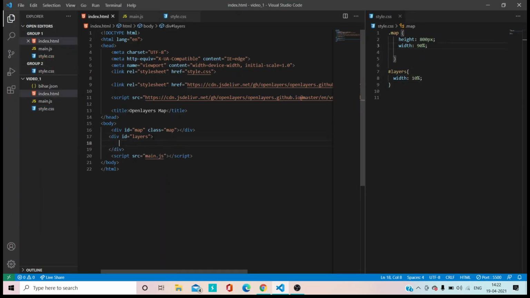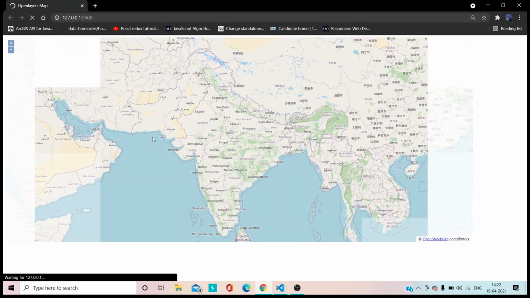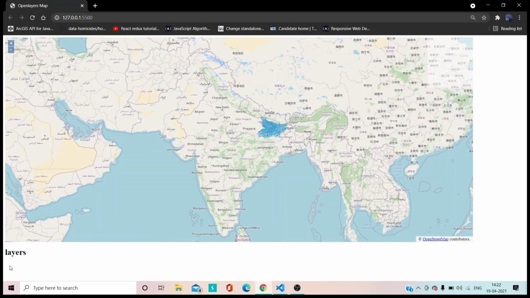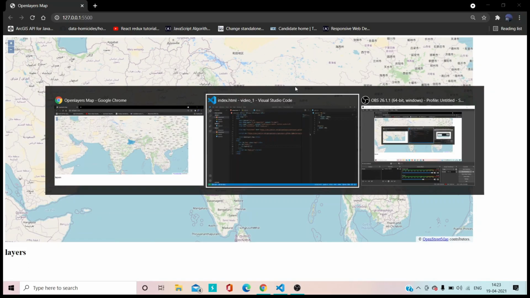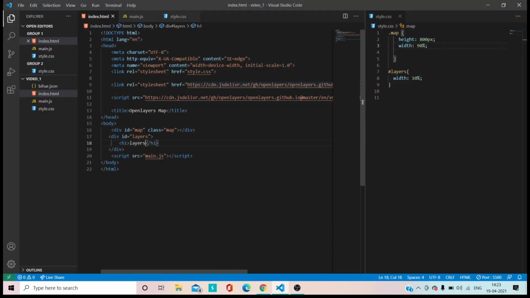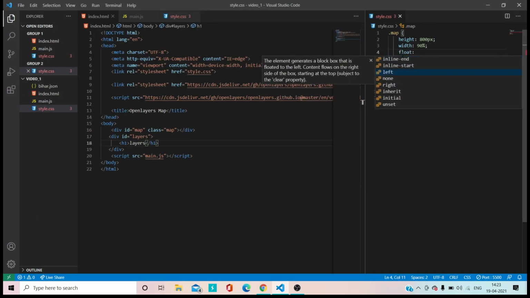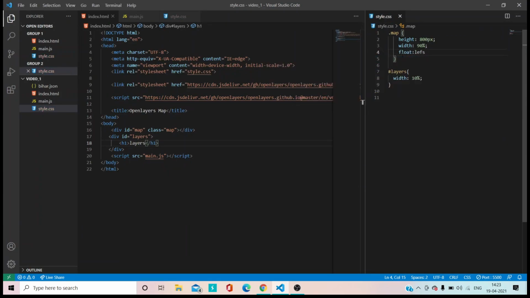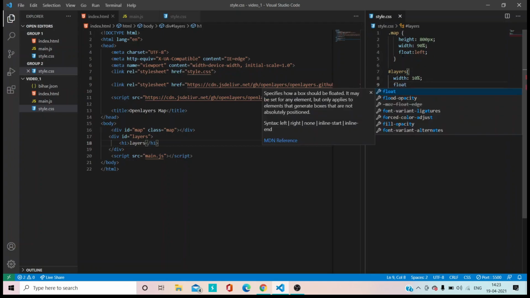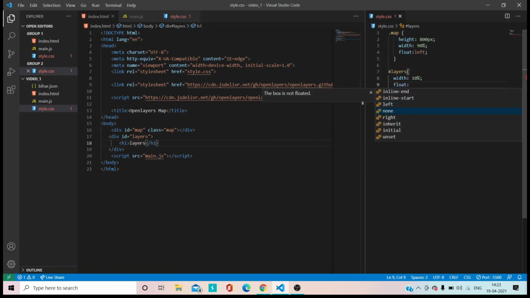Okay, so let's give a heading. So h1 layers. Let's refresh it. So I got the div element here. So let's add float here to the left and then float right.